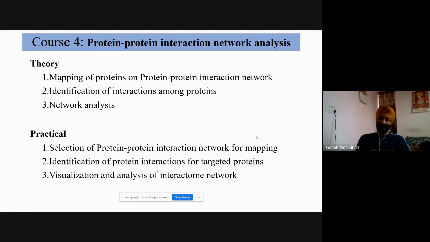If this is the case, can we design a drug for that particular protein? That is not possible. Then there is a need of an interactome network so that we can find the overall interaction of a particular protein. This protein is controlling how many other proteins, and other proteins are controlling how. There is an important need to identify the interactome network of proteins for a particular organism. We can use reference-based protein-protein interaction networks also. We can generate new protein networks as well.